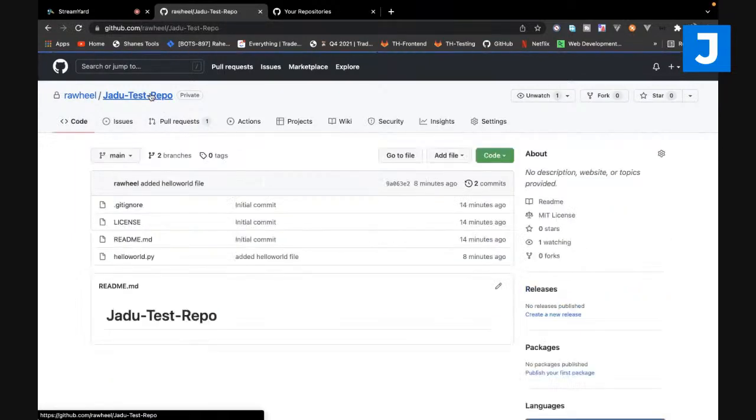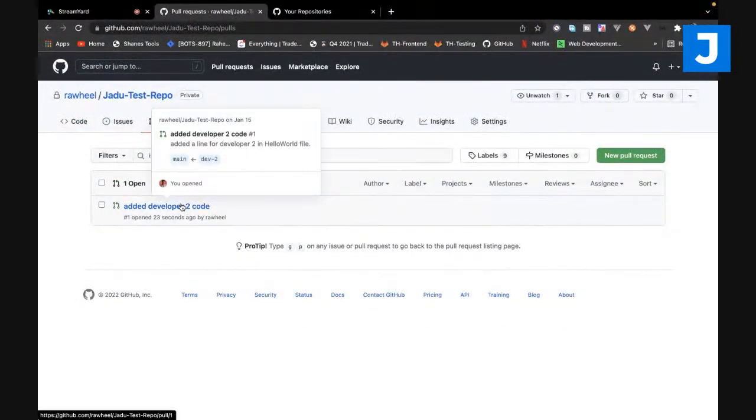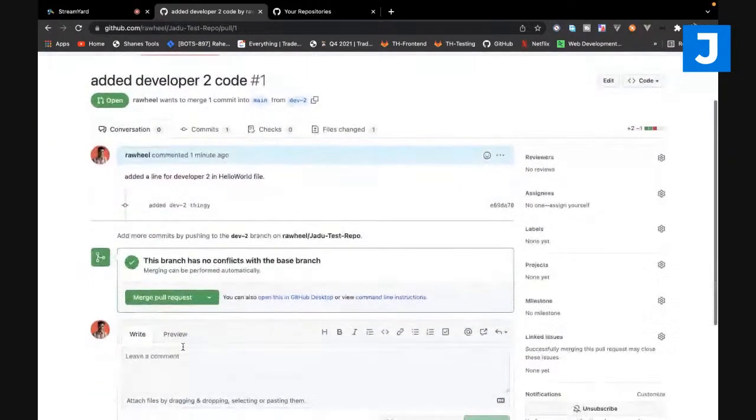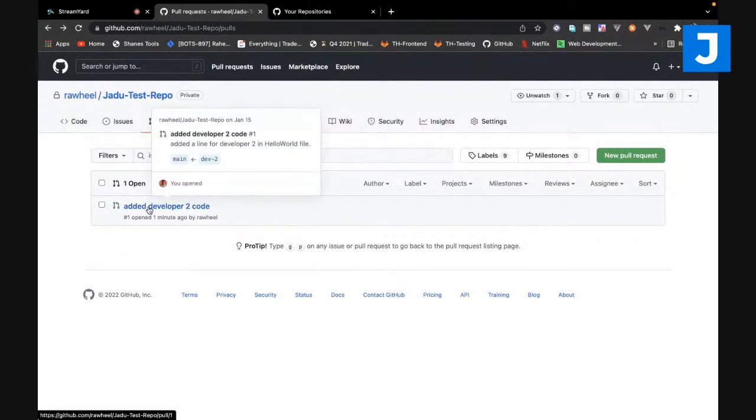If I go to the Jadu test repo, I'm gonna see here a pull request created हुई भी एक। तो if they are different developers या फिर एक ही developer ने 2 3 4 फाइल्स ऐड की हैं, कुछ भी किया है, then there will be different pull requests right here। So as we have only a single change and we have created only one pull request, last time हम लोगों ने Python की repository पे भी देखा था ये पूरा process कि क्या होता है। So what I'm gonna do is go into this